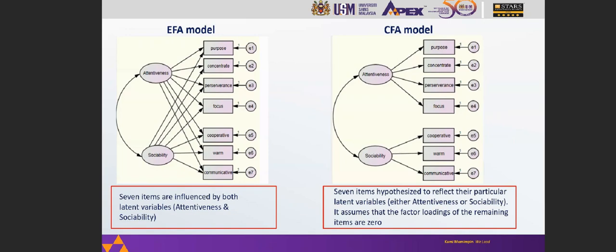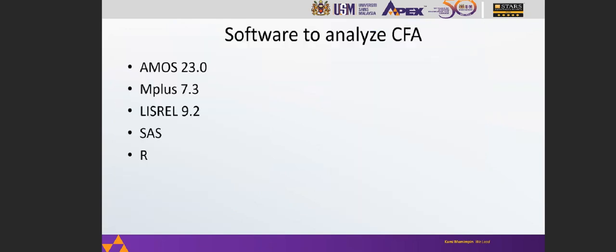Okay. So this is an example of an EFA model and a CFA model. Okay. Okay, so this is the software to analyze